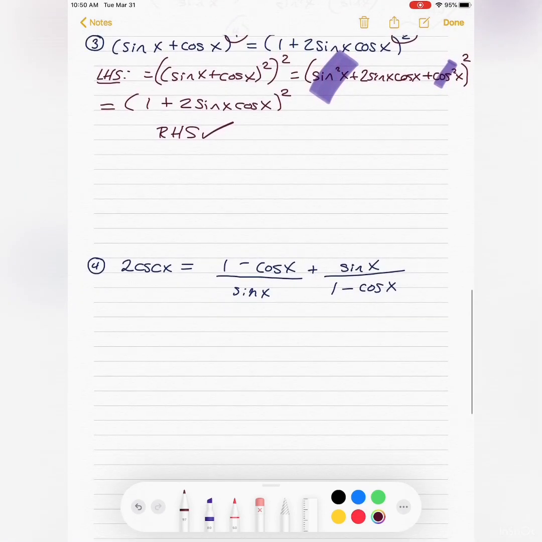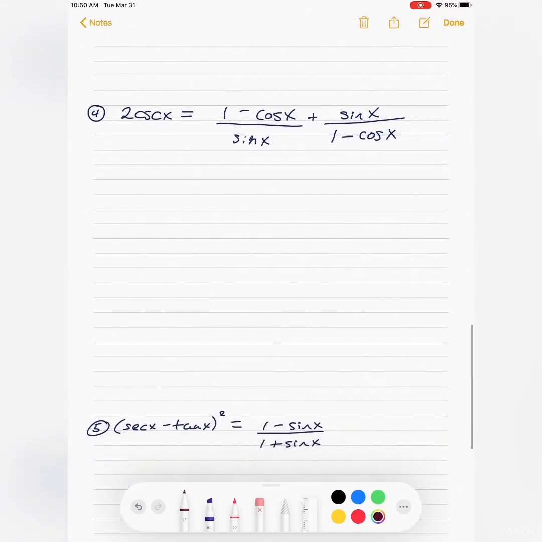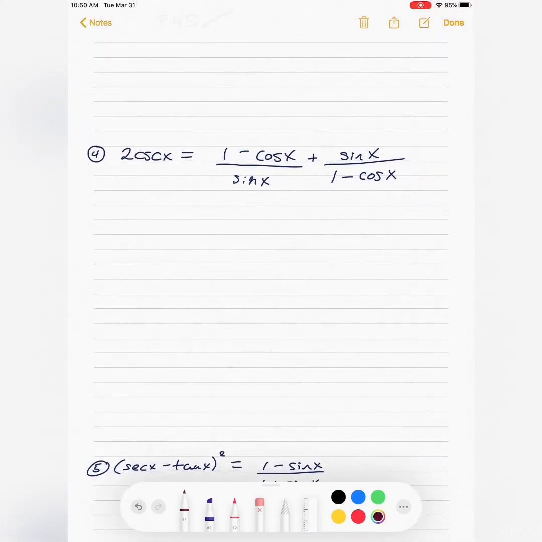And so what else do we have? Okay, what about something like a number 4? So with number 4, I would say in this case, the right-hand side looks like it has more that I can do with it. So the right-hand side, let's see. So I think I would try an LCD. So I guess my first fraction,